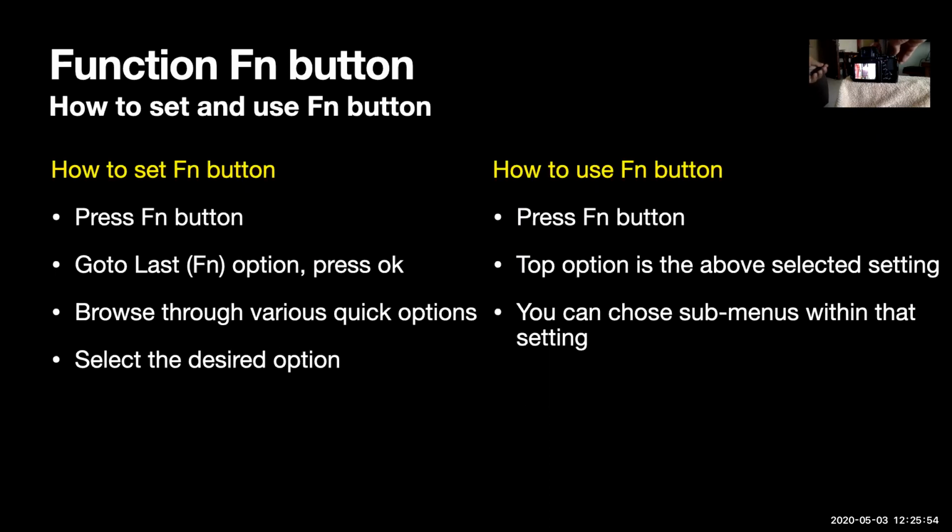Okay. So how do you use it? Basically I showed you how to set it up. Navigate, click on the FN button. There is no menu button there. You click on the FN button, come down to the FN icon and set it. Once you have set it up, once you are in any mode, for example, right now I am in aperture priority mode. While I am taking a photograph, you can see the ISO displayed here. Right now I am using ISO 800.